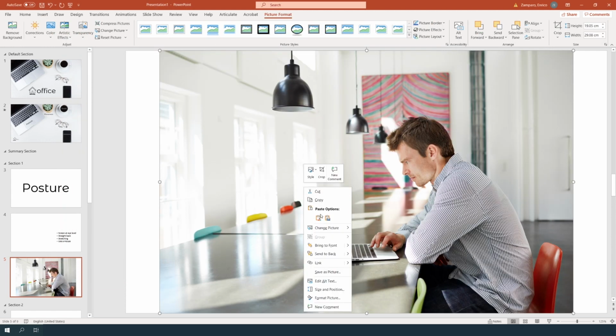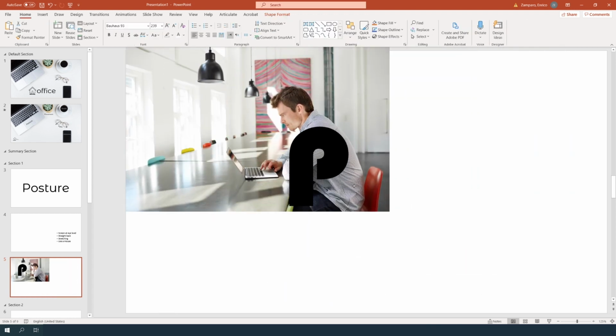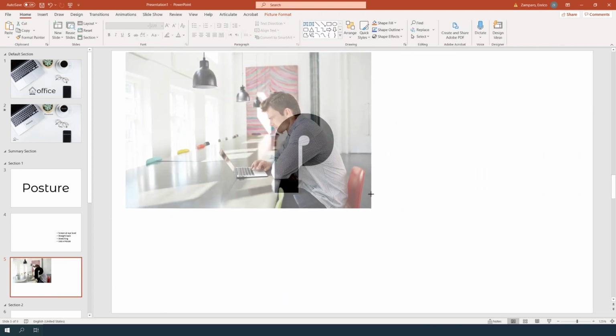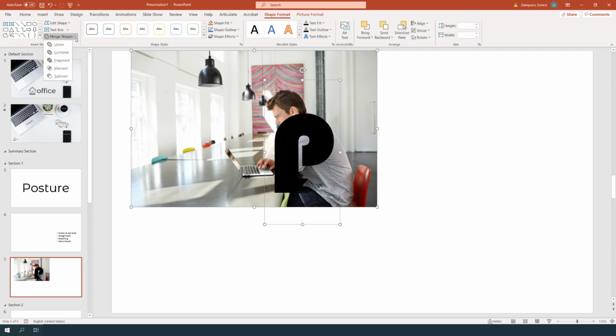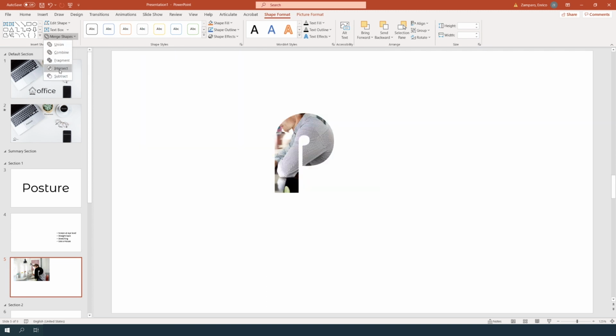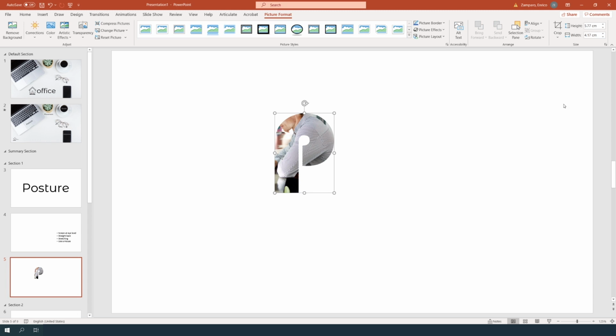What we want to do is to use the P letter and create a mask, such that the part of the picture that is behind the P will then appear within the letter. Let's select both pictures and text, go to Shape Format, and then Merge Shapes. In here we have many options: Union, Combine, Fragment, Intersect and Subtract. We'll choose Intersect. And now you see that instead of having a black P letter, we've cut a P letter out of the